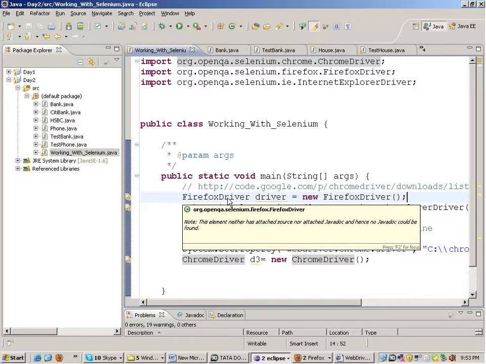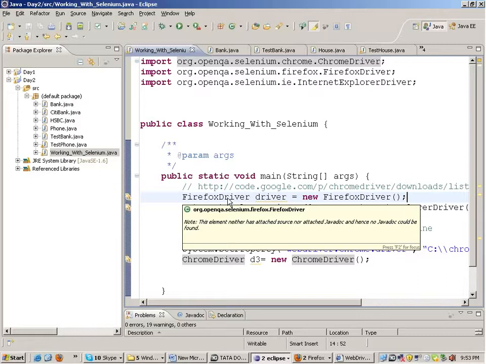Okay, when I run this on Firefox and Chrome, it will open a Firefox, take it to Gmail, and after that it will open Chrome and take it to Google. Right? The function is the same, but the implementation is different in different browsers. If you have got IE8 or so, you can turn on the protected mode, this will work. Or IE7 also, this will work.